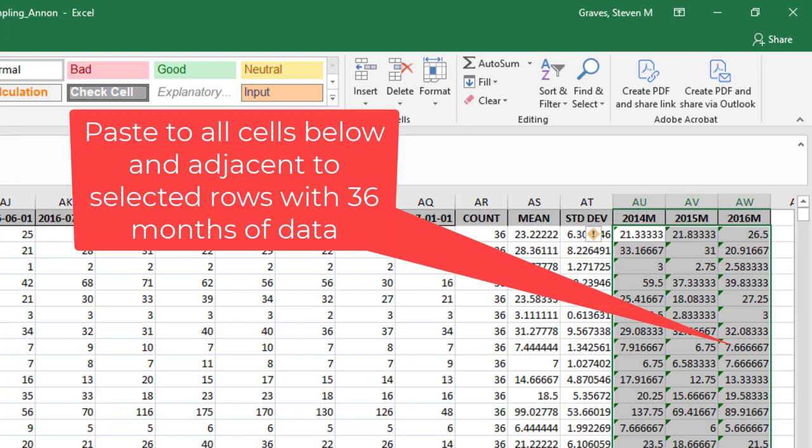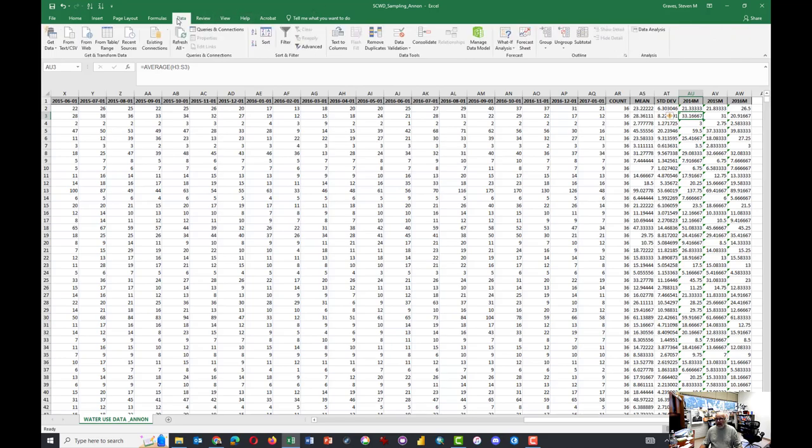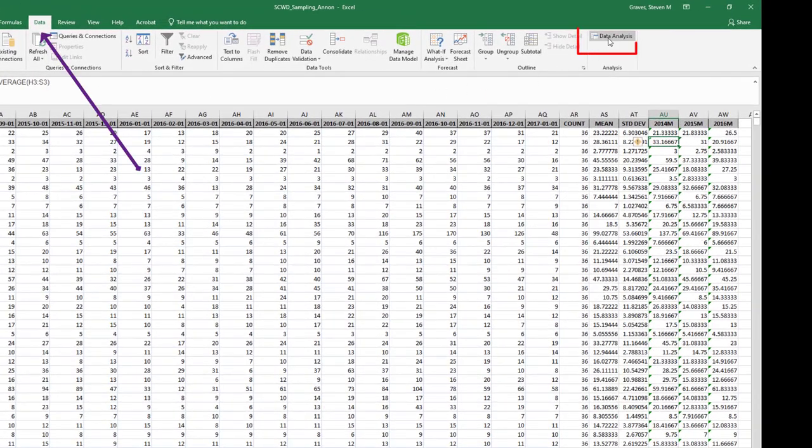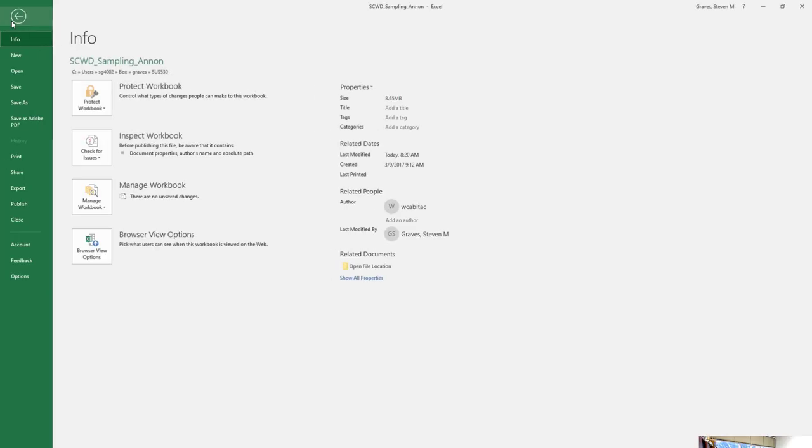At this point, what we want to do is try a mass or a group analysis of the data. Click on the Data tab, click on Data Analysis. If the data analysis tool does not appear on your computer, then click on File, click on Options, and you may see a different thing here at the bottom. It may say More, but click on that, then click on Options,